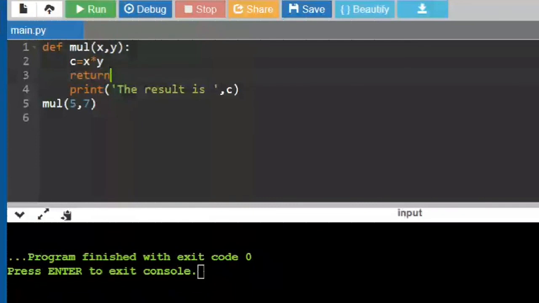So I have written the return statement, but I have written it in the middle of the program. So when return is encountered, the program control goes back to the calling function. The control will come back over here after this mul. Now the result print statement will never execute. If you write such code in Java, it will throw you errors. It will say code unreachable. There should not be a line inside your program which is unreachable. Here there is no chance that this line will ever execute.